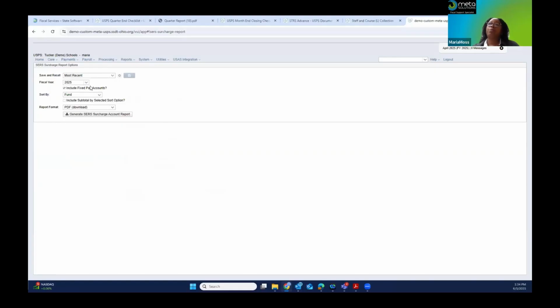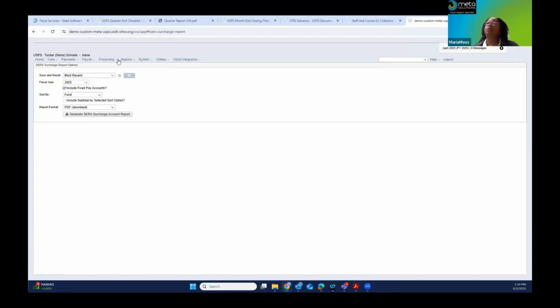Make sure you put the correct fiscal year in. By default, include fixed pay accounts is checked, but if you don't want it, uncheck it, then sort however you want and click Generate File. You'll want to keep this report and use it in comparison with what you receive back from SCRS for surcharge employees.